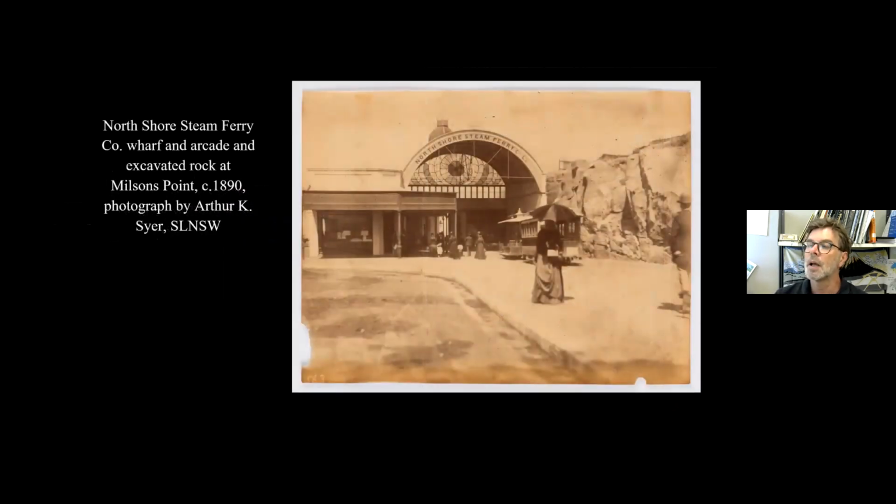Europeans had a very different attitude to the land, and they didn't hesitate to change it very dramatically, not least by cutting down trees, which Aboriginal people tended not to do, but also blasting rock where it was seen to be in the way. And there's an example of an artificially created escarpment at Milson's Point. All that rock has disappeared altogether by now.